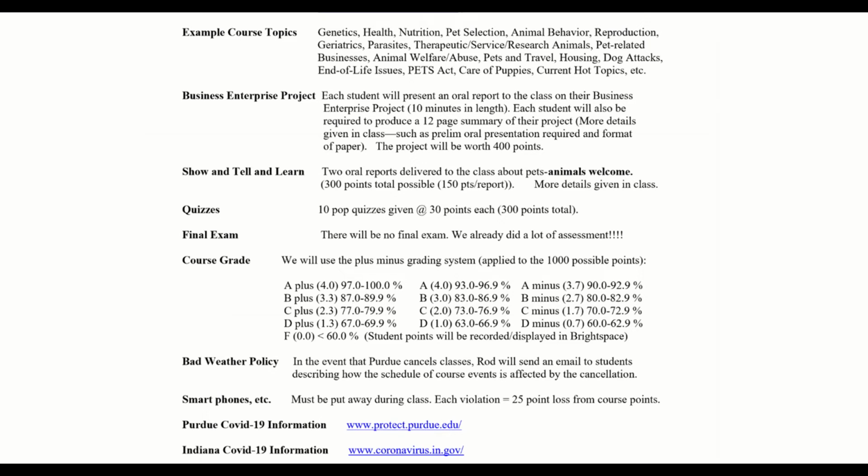So it's just like show and tell and learn. Teach us about something. So can you imagine? We have about 45 people in the class, and everybody does 2 topics, 2 presentations. That's 90 different ideas, 90 different subjects that are presented. It's always fun. Somebody had a tortoise in their backyard, one of those that weighed 150 pounds, and I think she lived in Florida, and just the care it takes. Anything. Something unique, something you want to learn about, something you have a lot of experience with,